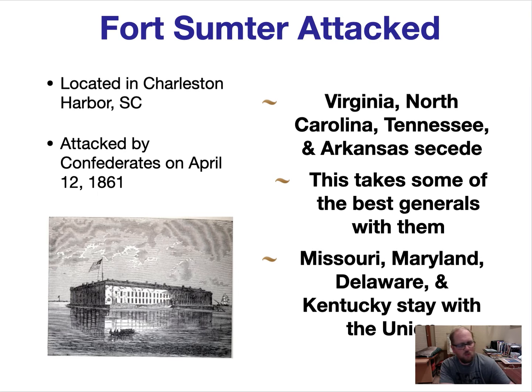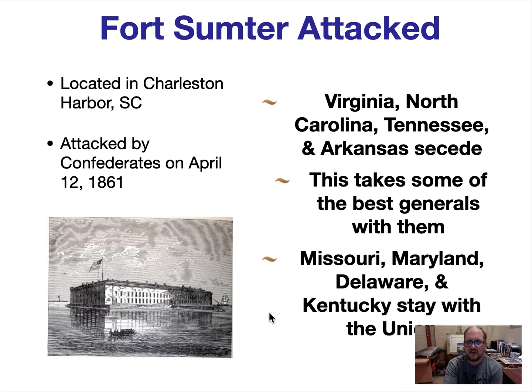And the battle that starts this war is the Battle of Fort Sumter. It's located in Charleston Harbor. It was attacked by the Confederates on April 12th, 1861. And right after this, we see those upper South states, Virginia, North Carolina, Tennessee, and then Arkansas, of course, also leave. This was big because they also take some of the best generals with them, including General Robert E. Lee. Four states that were slave states did stay with the Union, with Missouri, Maryland, Delaware, and Kentucky all staying